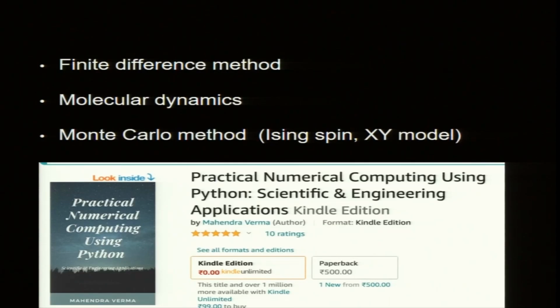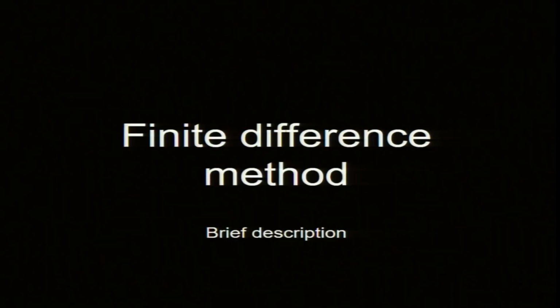So, I recommend that you get hold of this book, because you will find the methods here. I will not dig deeper into finite difference method. I will just give a sketch for one problem, but we will use Navier-Stokes. Some details you will find in the book. If you look at the Kindle version, it is cheap, around 69 rupees, lowest price.